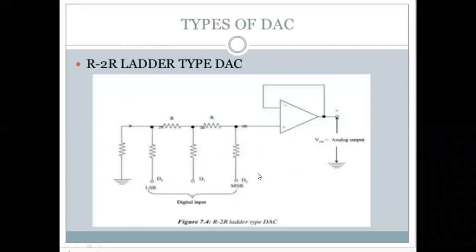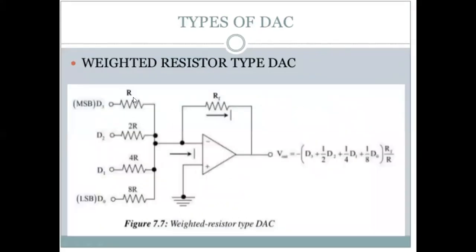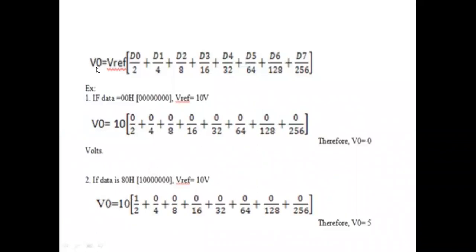So coming to DAC, DACs are of two types. One is the R2R ladder type DAC. So we have R and 2R. Next, this one is the I2V converter, and this is the weighted type. So we have different resistors in terms of weight, like 2 power 0, 2 power 1, 2 power 2, 2 power 3, like that. And the formula to calculate the output voltage is V reference by 2 power n. So if it is 8-bit, there are 256 values, that means in terms of power of 2. So this is the formula to calculate the output voltage.